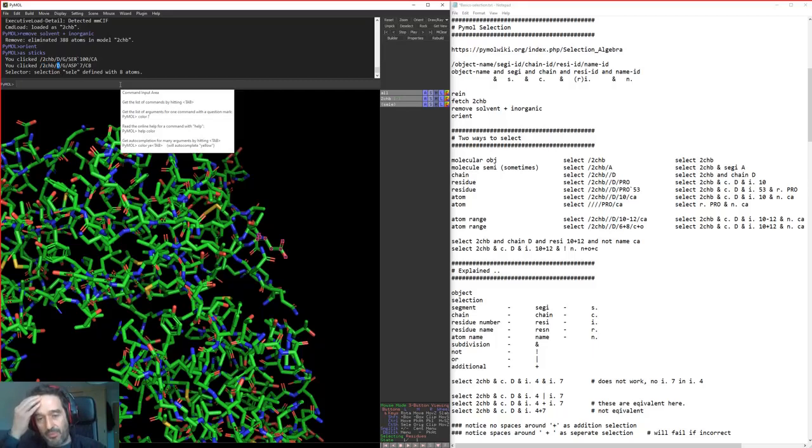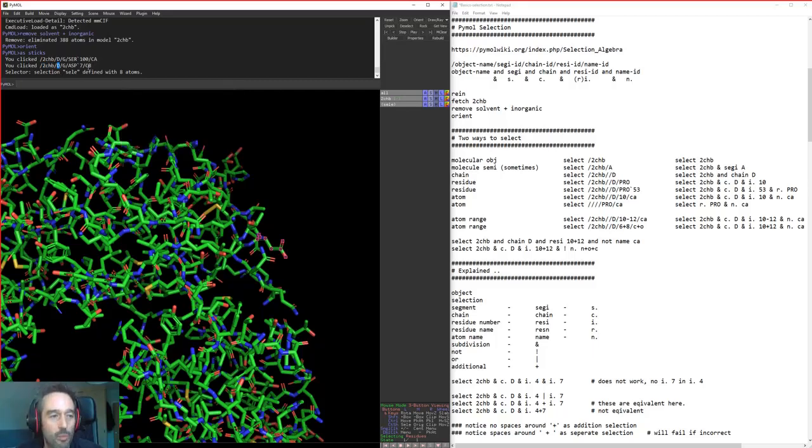The segment identifier isn't widely known outside of the context of using PDBs quite a lot, but basically it is a 4-character identifier on the far right hand side of the atom list, which you can use to classify different parts of your molecule. Then you have the chain identifier, here that's G. Then you have the amino acid type, ASP, the amino acid position, number 7,